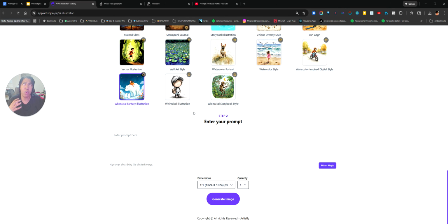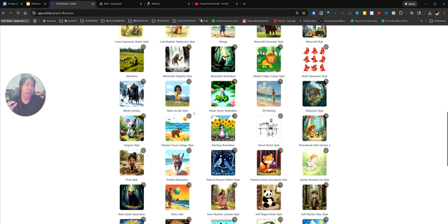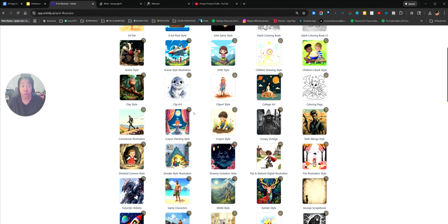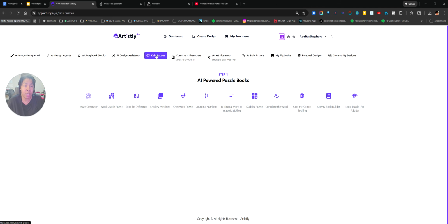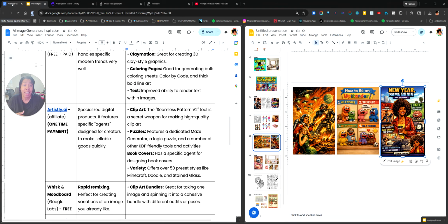A lot of people who are in the KDP space, I found in the Facebook group and people I've spoken with, really do like this for the KDP type of options. Like if I go to kids puzzles, it has maze generators, word search puzzles. Are they perfect? No, there are some tweaks that you do have to do. But if you're into KDP, for a one-time price purchase, Artistly is certainly a viable option,